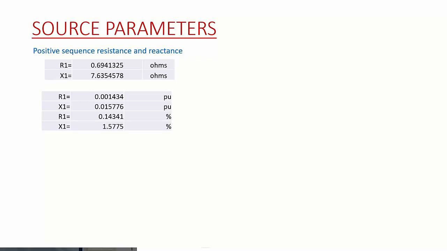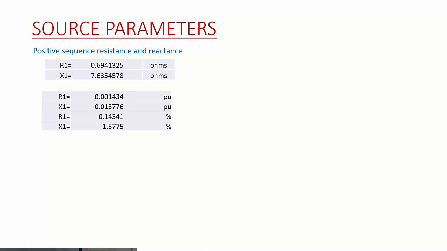Say for example, ohms value may be preferred in PSCAD software, and per unit value preferred in PSSE, and